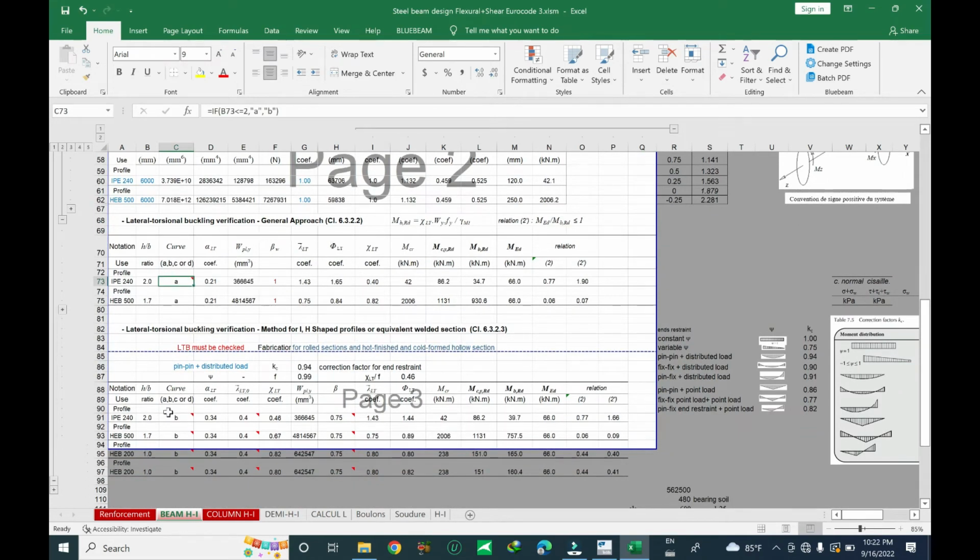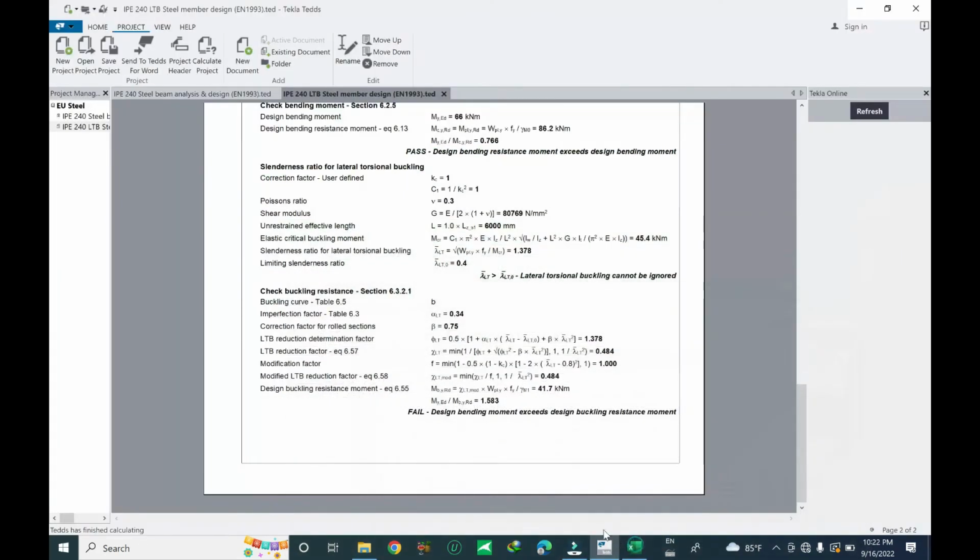Okay, general approach. And for the B, in terms of the equivalent section. Now let me check the buckling curve table 6.5b,